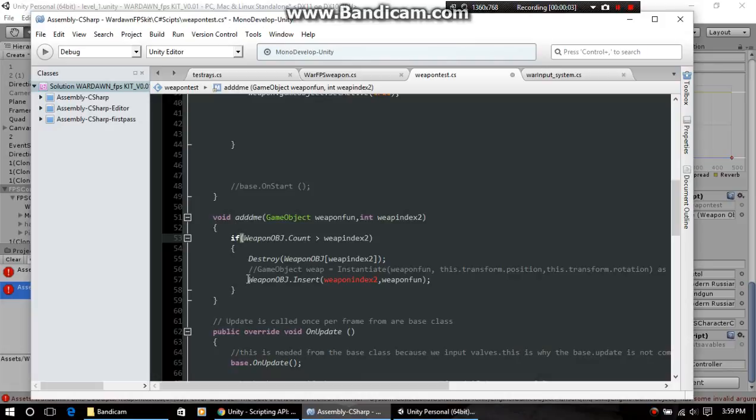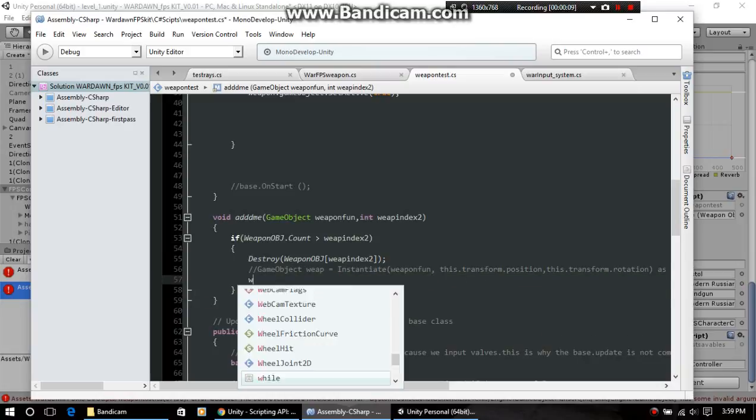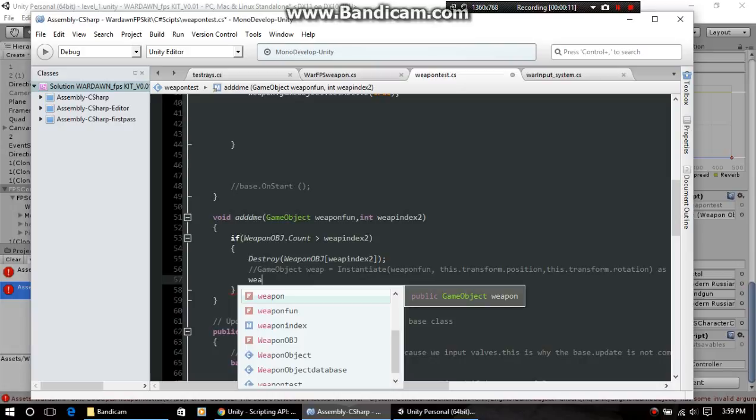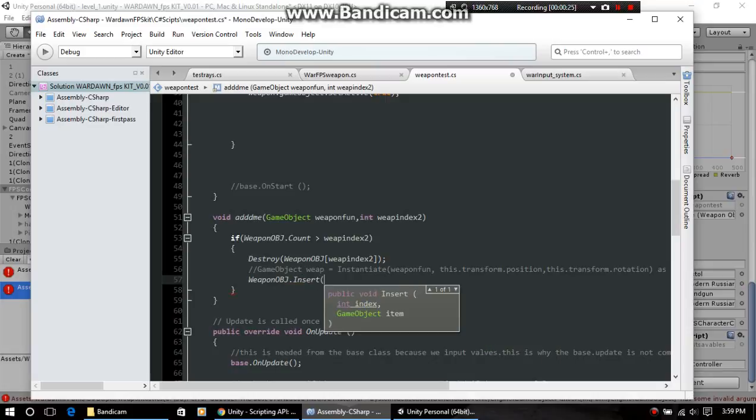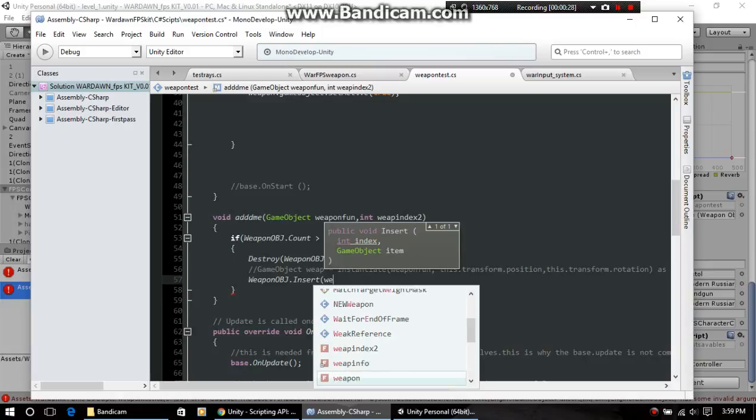So we have this really pain in the rear end function that I'm trying to make here. Now we found out that the weapon array dot insert, okay, it requires an integer and then a game object. Okay, well, we go into here and we put an integer,